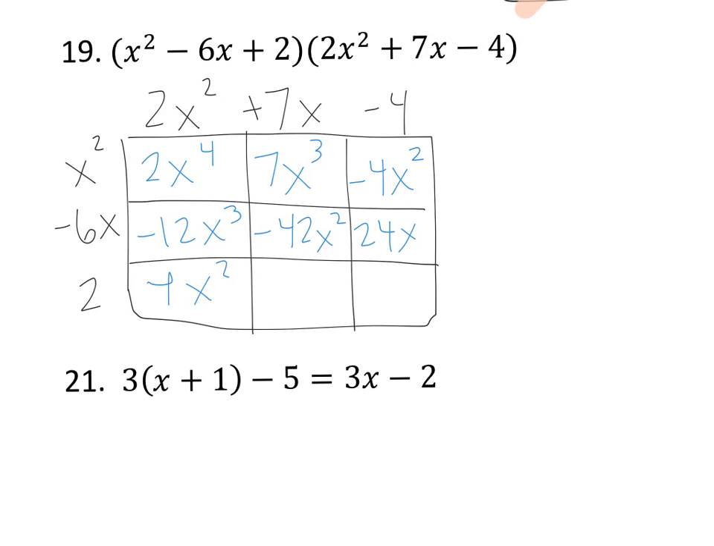4x squared, 14x, and negative 8. And now let's look at like terms. I'm going to highlight any that I see here. I see I have x cubes, I have x squareds, and I have x's. So let's combine these now, and I'm going to get 2x